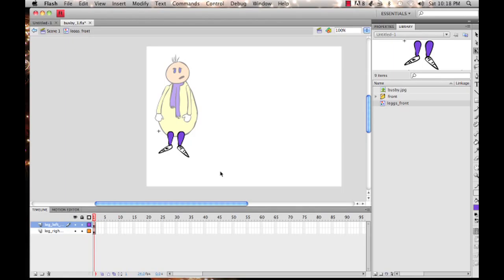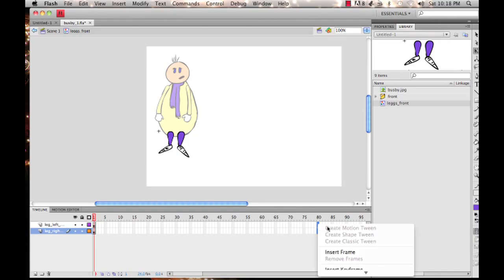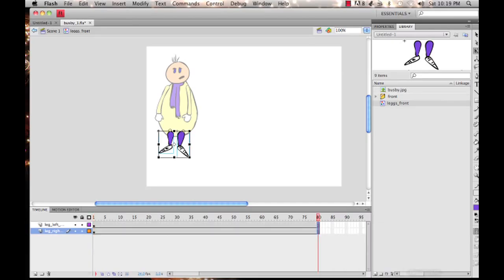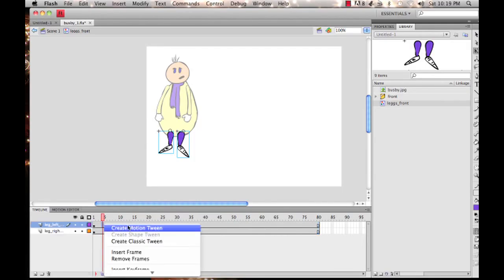Double click, and what we're going to do is, it kept our anchor point, which is nice, so we're going to animate our legs moving, just as an example. So because we've created symbols, we're already set up for a motion tween, and I'm going to make all of our animations 80 frames long. So the easy way to do that, click and drag down like that. Insert frame. We got two blank gray lines here. We're going to right click, create motion tween,